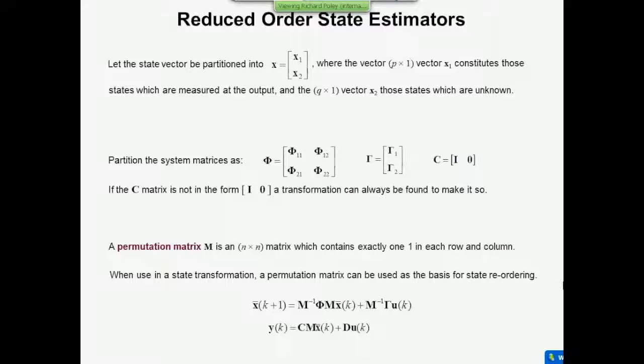Either you've got to use this permutation matrix again to put the states back in the original order, or you've got to reorder the K matrix using the permutation matrix so its elements are in the right order. And usually do the second one because you only have to do that once.